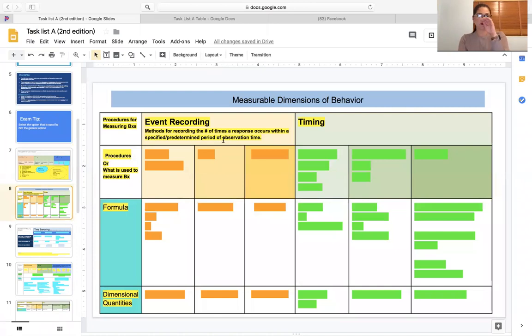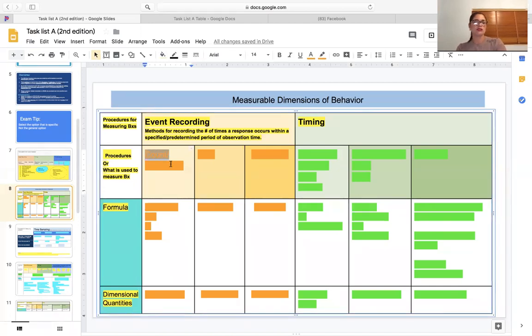So now we're gonna do it, but with extra little things, and we're not gonna have the cheat sheet. Guys, if you know it, wait a couple of seconds, and if you don't know it, try to use the cheat sheet, because I want you to start memorizing these things. So procedures for measuring behavior, we said, is event recording, timing, and which one am I missing here? Time sampling, correct. That one I left for another slide because it didn't fit. So let's work on fluency. On event recording, you said what? Count, frequency, rate, acceleration. Okay.